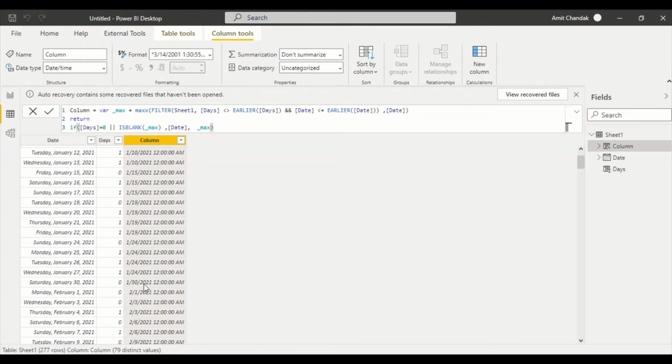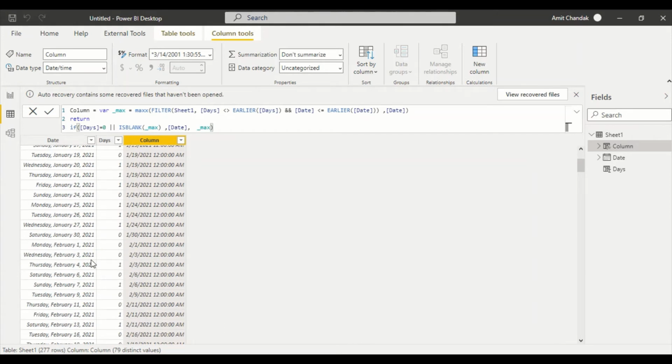So look at this. This is 30th. This is first. This is third. This is the only one. Now look at it. Now here, this is 3rd February. Okay. Now here there is a problem. When there are continuous zeros, it is giving us a problem. So basically this is a streak. Basically 3, 4 is a streak. It's not able to detect.